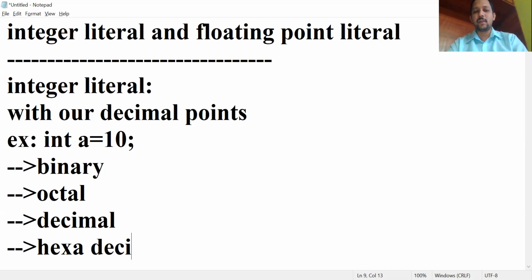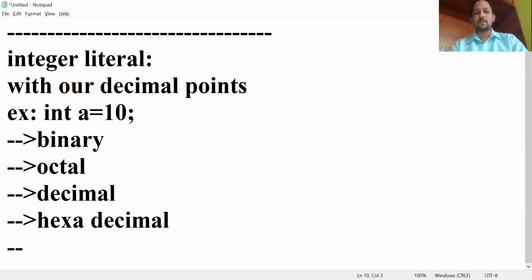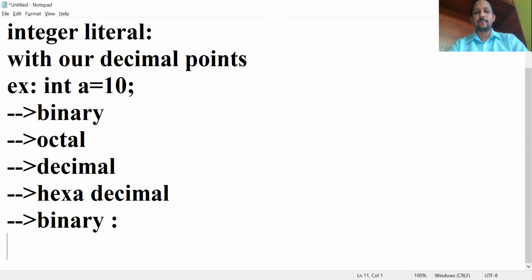Binary means 2, octal means 8, decimal means 10, hexadecimal means 16. First I will explain binary form practically, then octal, decimal, hexadecimal remaining.